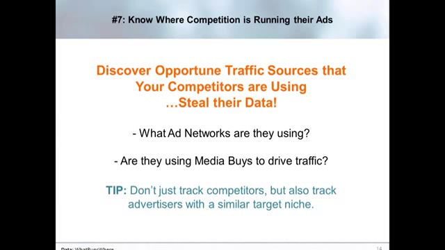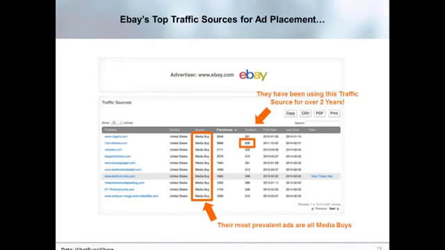So what ad networks are they using? Are they using direct media buys to drive traffic? Don't just track what they're doing, but track similar advertisers in a specific niche. So let's say that I am a luxury car brand. I can track all the different car brands and see what they're doing, and through that find a list of sites that I might want to try advertising on or ad networks that I might want to buy